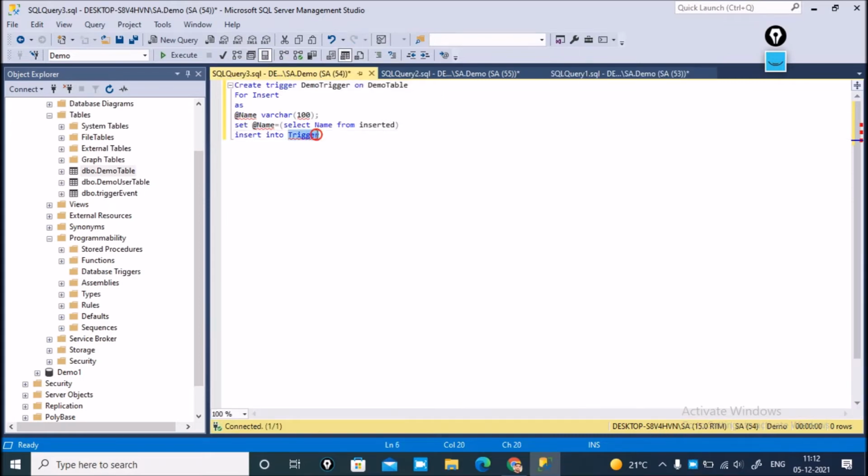Trigger event inside has the filled value, and we can return the value here, and we can set name here, right? And we can return here, like that.